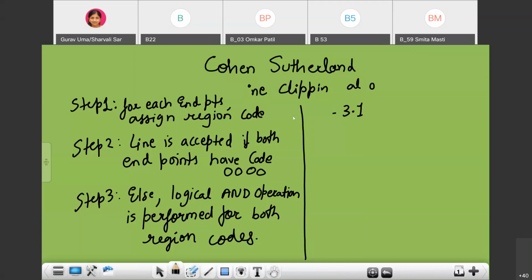So if the code is not 0, 0, 0, that means it is a non-zero code, then we have to reject the line. So step 3.1 will be: if the result of the AND operation is not 0, 0, 0, 0, then reject the line.